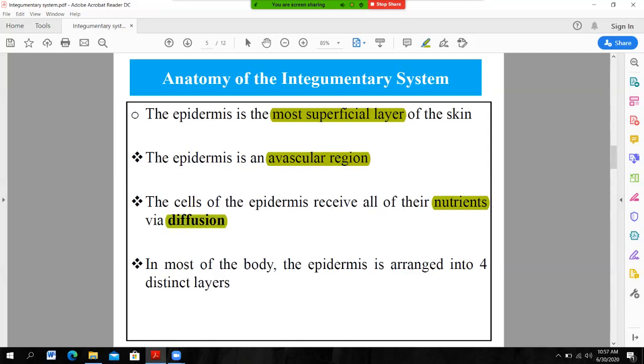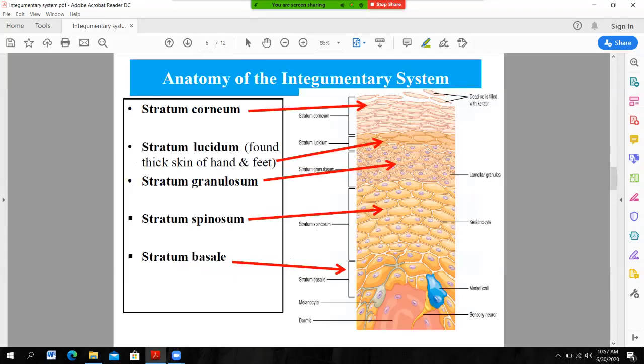The dermis contains blood vessels, and from that blood vessel, oxygen and different nutrients diffuse to the epidermis. In most of the body, the epidermis is arranged into four distinct layers. These layers are